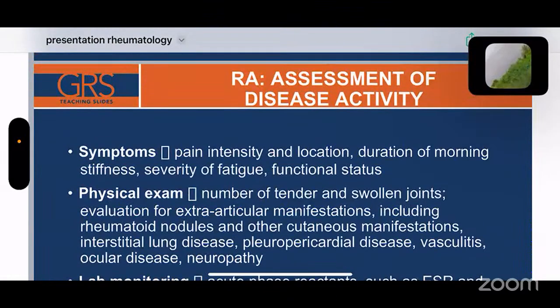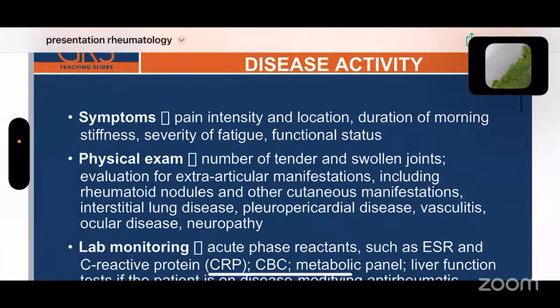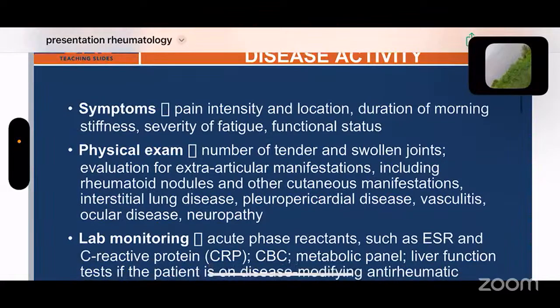Assessment of disease activity. We must start with a detailed history and examination, and after that do a scan. From the patient's perspective, the patient may complain of pain. We need to know the pain intensity and the location of pain, the duration of morning stiffness, less than 30 minutes or more than 30 minutes, the severity of fatigue, and functional status, whether it affects their activities of daily living or not. Most commonly, if they came to the doctor in the end, that means it affects their